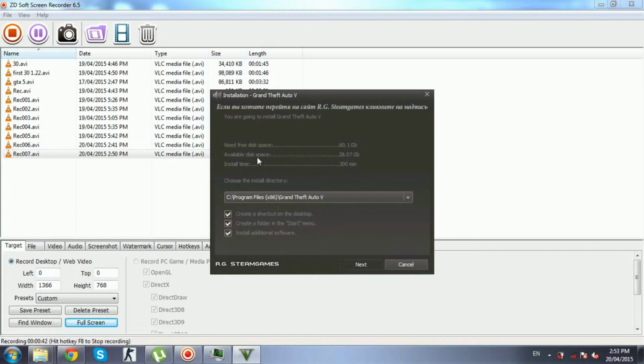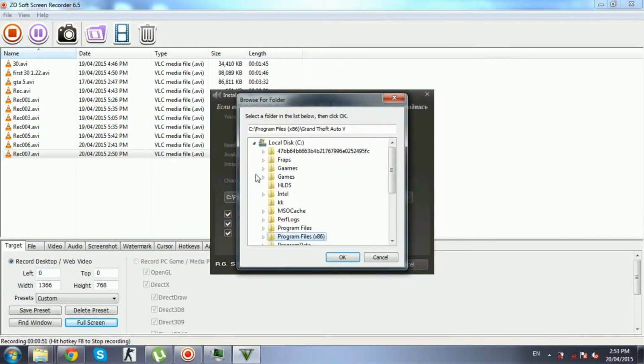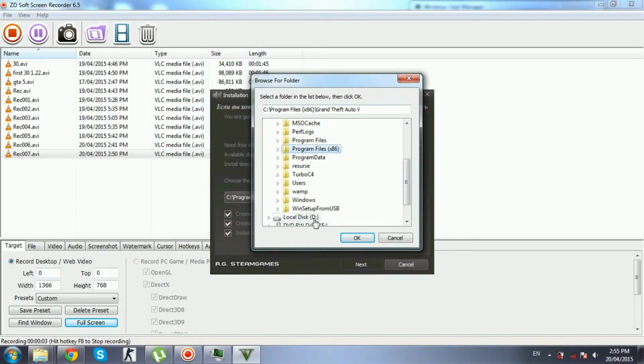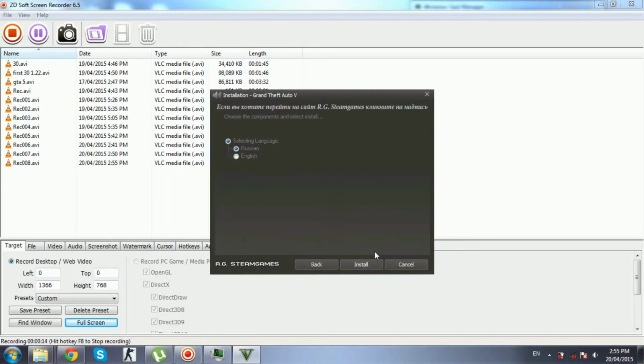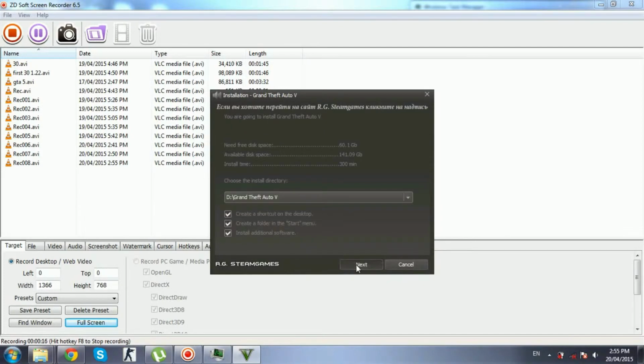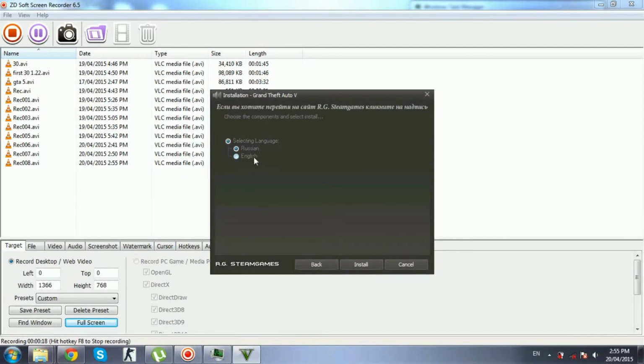I think the disk space for me is not enough for 60 GB, so I will change it to drive D. I will click next, make sure all of these are checked, click next after that, and make sure that your language is English.